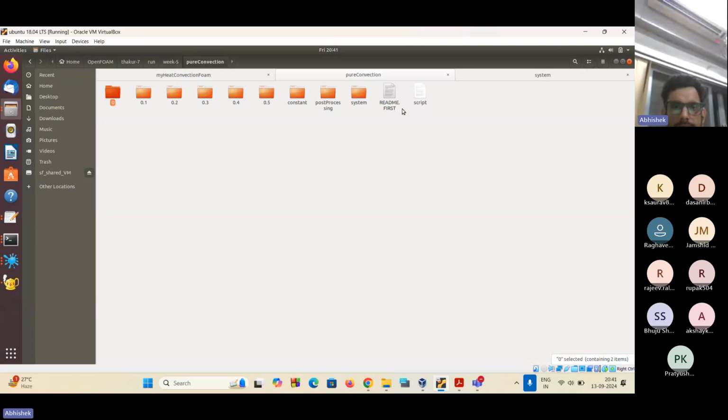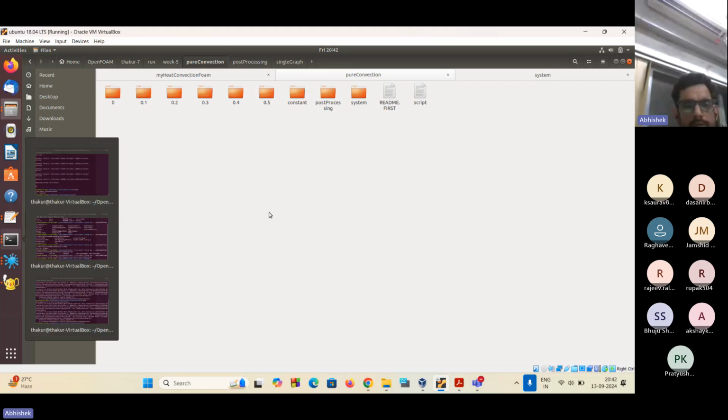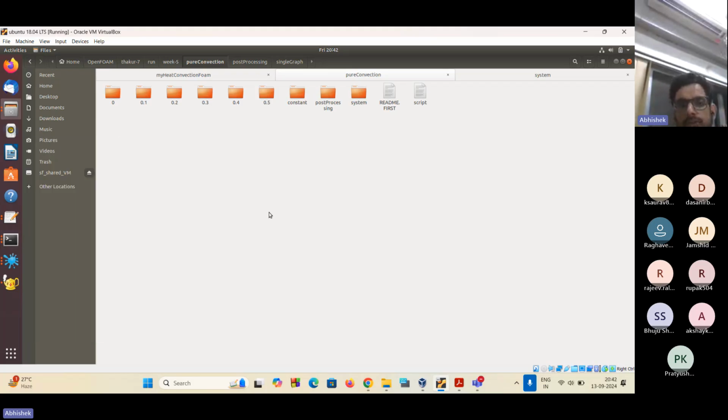So the thing is, yes, let me also show you this. For the post processing part, let me add one thing. Here you have seen in ParaView how the temperature is varying, but we can also use some utilities. Utilities are basically function objects which we can use for the post processing part. So for example, if we want to see the profile at the midsection,